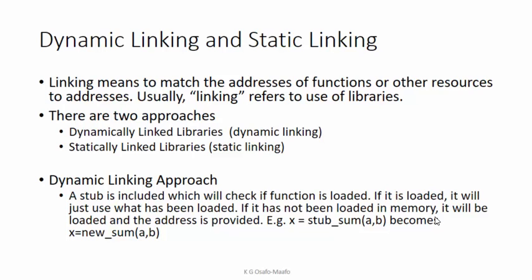This theme just keeps coming over and over. I think memory management should just be called absolute to relocatable, and how you map them, because this idea keeps coming up, right? And what we have here specifically is the idea of dynamically linked libraries